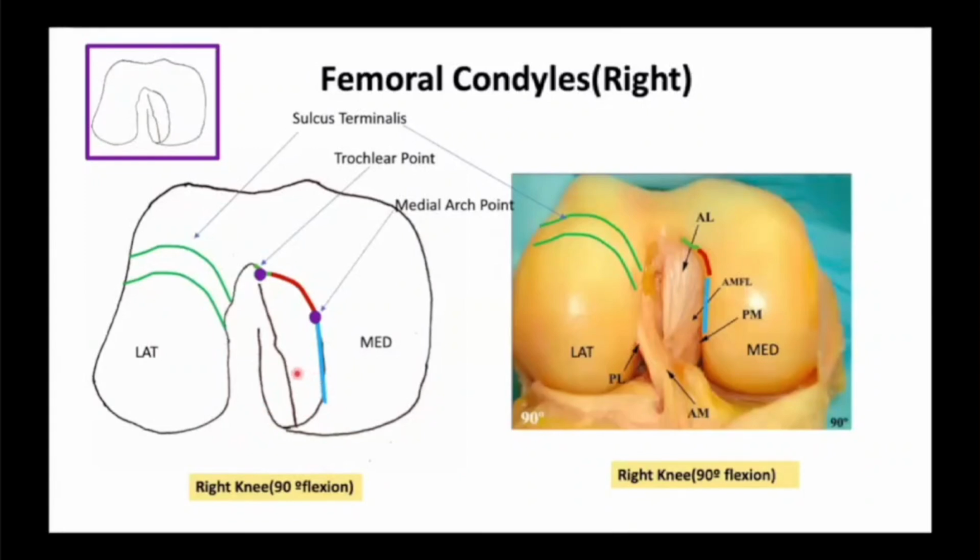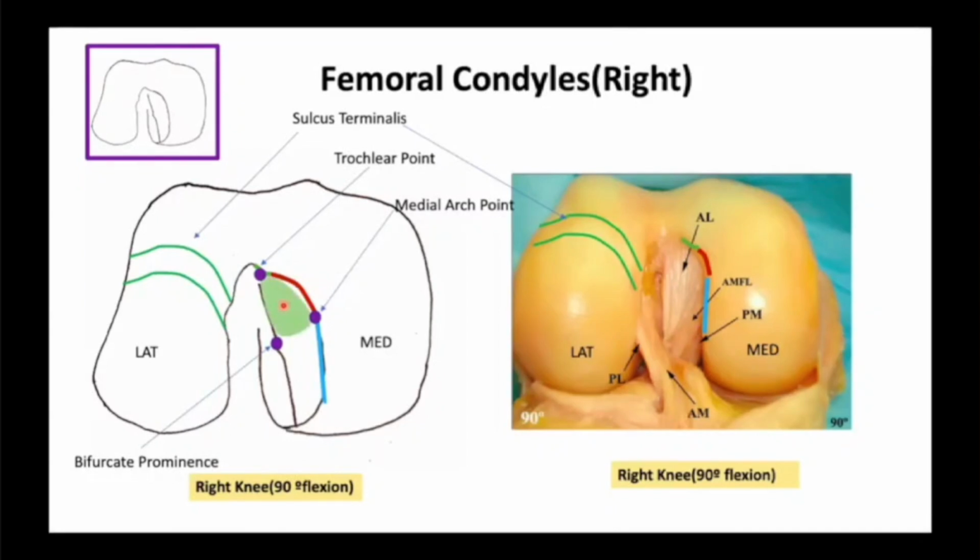And there is another osseous landmark. This is very important osseous landmark. This is both visible and palpable, and this is present along the medial intercondylar ridge. This is called bifurcate prominence. So now we've got 3 points: trochlear point, medial arch point, and bifurcate prominence. And if we take the center of this triangle, then that forms the center of anterolateral